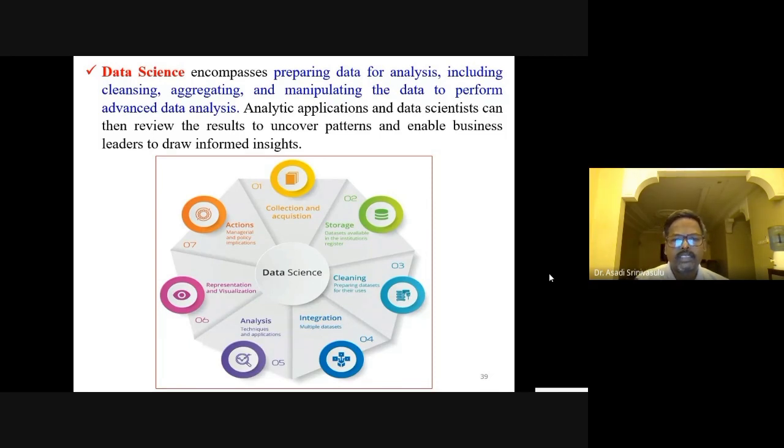There are 7 steps we follow in data science. Step 1, collection and acquisition of the data. Step 2, storage. We are using huge volumes of data servers and data centers. Then we eliminate noisy data and prepare data sets for usage. That is called cleansing the data. Integration, we are integrating multiple data sets. Then analysis with the help of techniques and